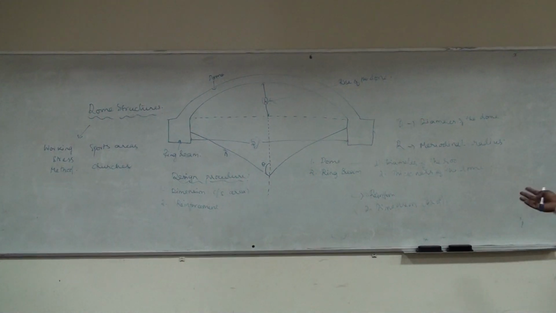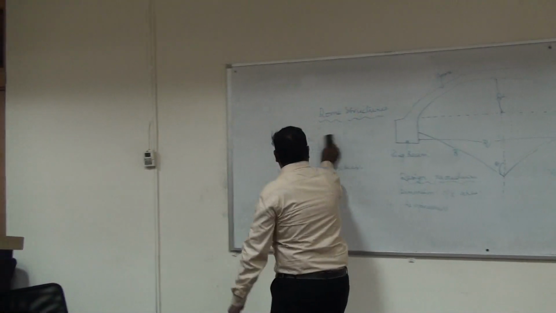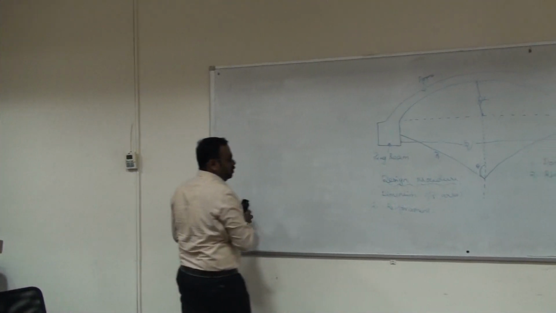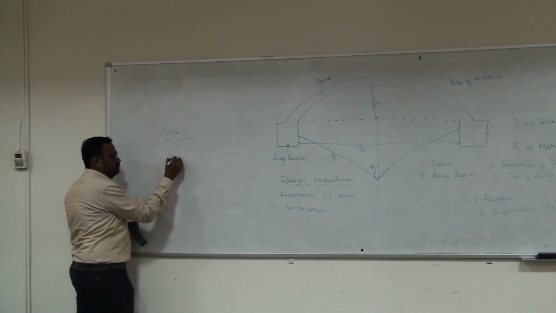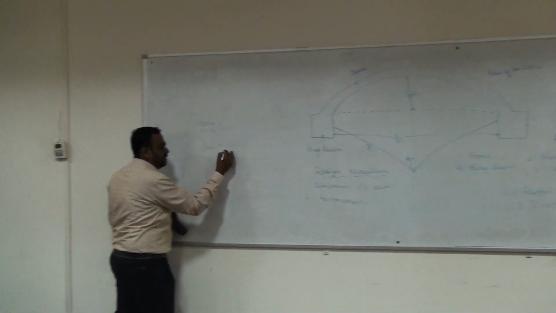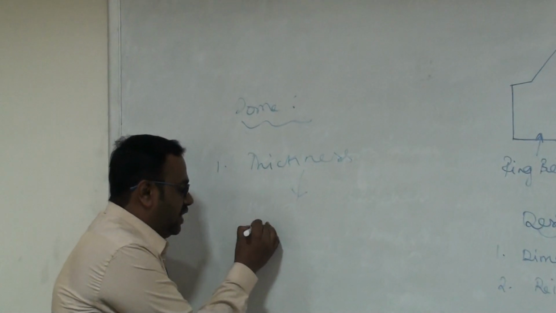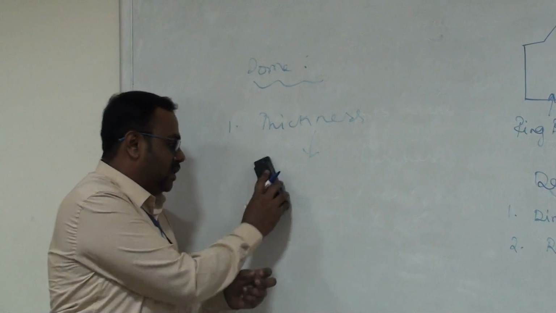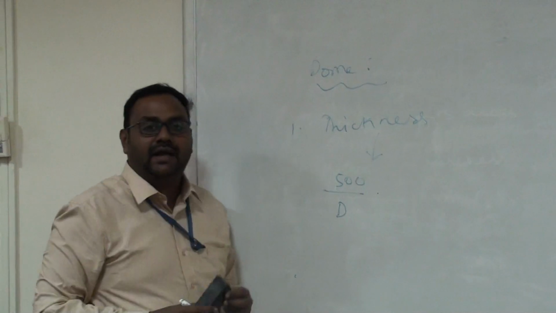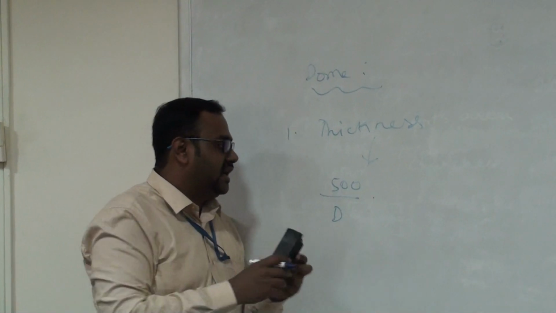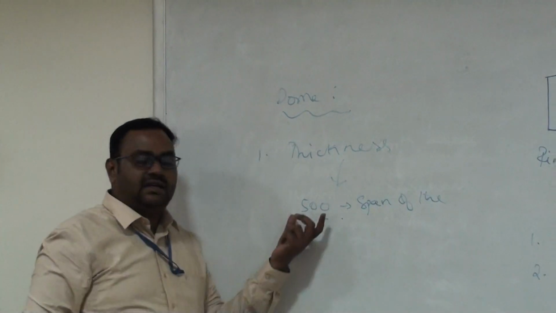Okay, for taking up the dome structure, first we want to calculate the dimensions of the dome. For dimensions of the dome, we need the thickness of the dome. And for this thickness we have one criterion: the thickness of the slab should be in the range of 500 by D. In 500 by D, this 500 is the span of the